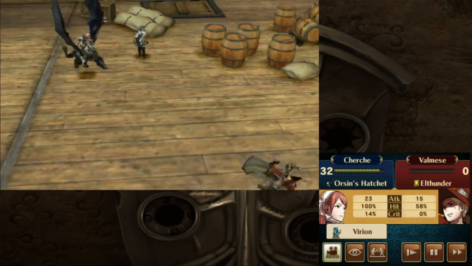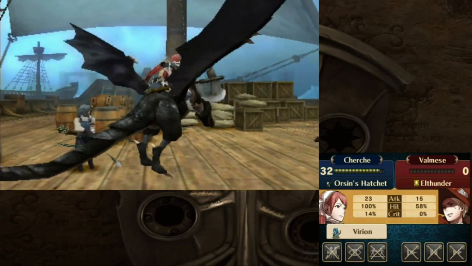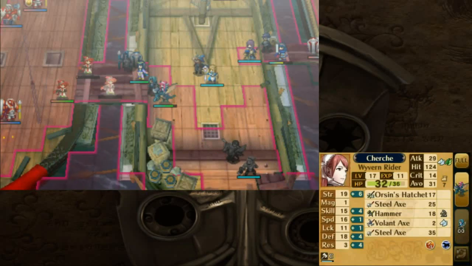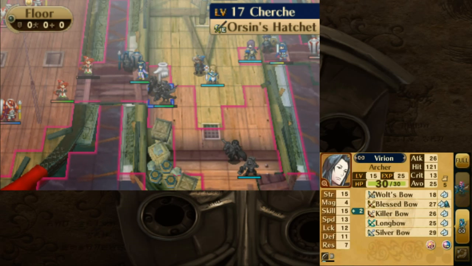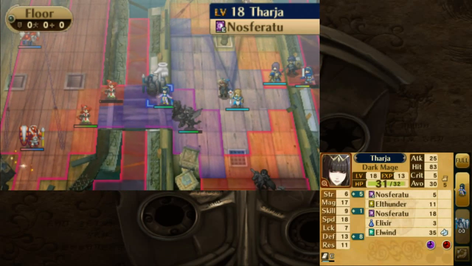You know what? I should probably have used Virion there. Despite being a physical class, Virion actually has... Okay, nice one. Very nice. Despite being a physical class, Virion actually has... Okay, apologies for the cut. My battery nearly ran out there, but should be fine now. Virion actually has surprisingly decent resistance, so he can actually tank these mages better than Shersh can, but...